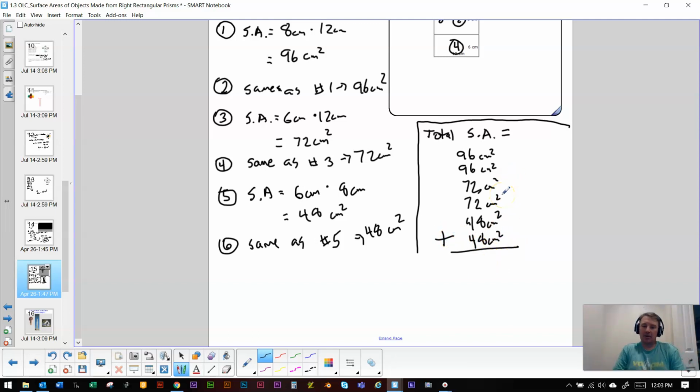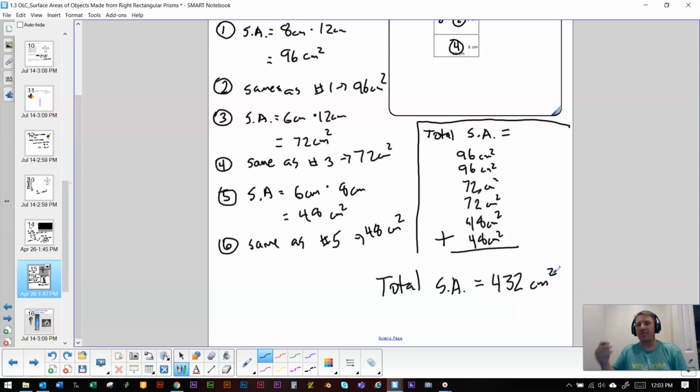Oh, good grief. I could do that on paper, but you know what? I'm just going to plug it into my calculator because I don't want to make any more mistakes, especially at this point where I'm coming up with the final answer. And what I get is 432. Somebody check the math on that just to be sure. Okay, so my total surface area equals, what did I say? 432